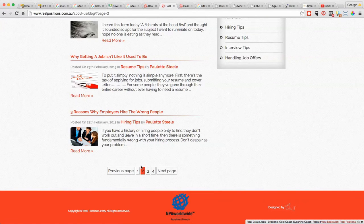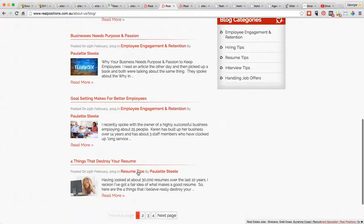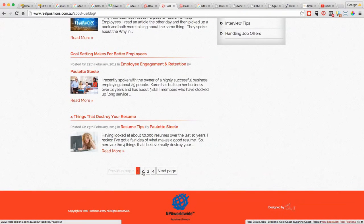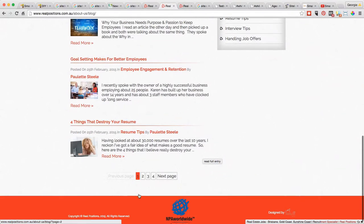Usually what I will do is just make sure that only the first page of the blog is indexed in Google. And in WordPress, you can just tick a box to say that you don't want all the secondary pages to be something that Google can find. We want people to be able to find them when they're on the website. You can go to page 2, 3, 4, 5 of the blog. But